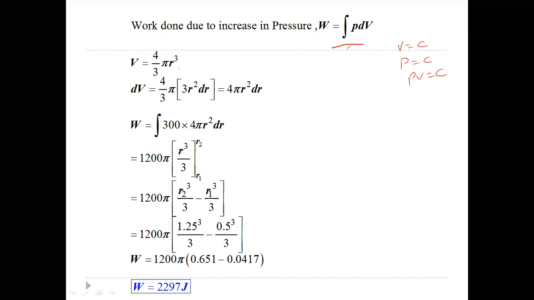Volume of the sphere is given as 4/3 pi r cube. So this is the formula for volume of the sphere. The reason I am writing the volume of the sphere is that, since the diameter is given, we can find out the radius from that. So we have to write these two terms in terms of the diameter.